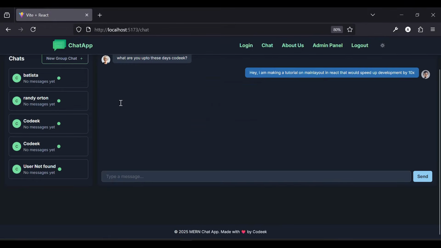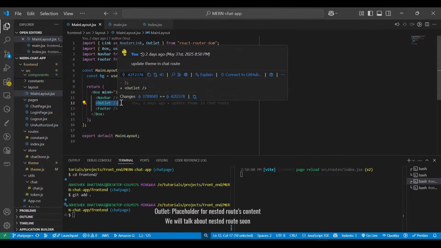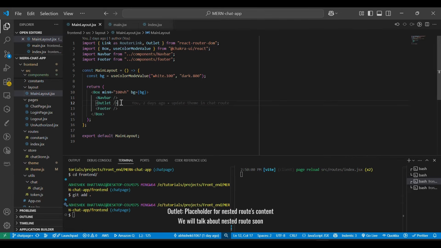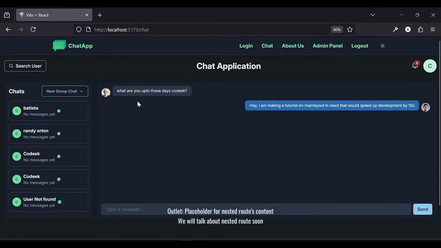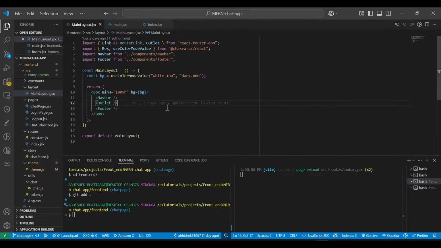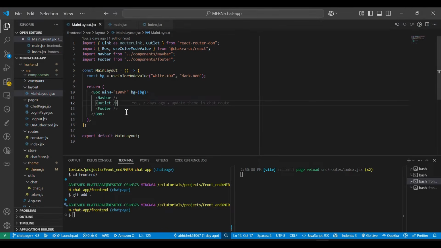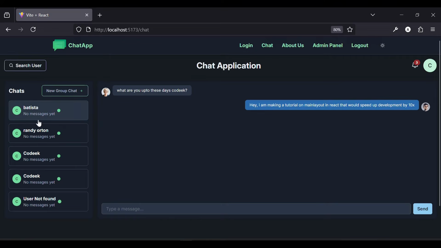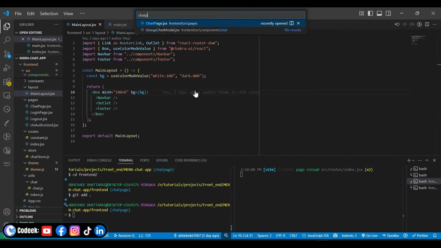So Outlet is basically a component from React Router DOM that acts as a placeholder for the pages where we have the layout applied. That's it. Because I have used this layout in this chat page, the outlet is acting as if it is the chat page. Now if I show you the chat page,